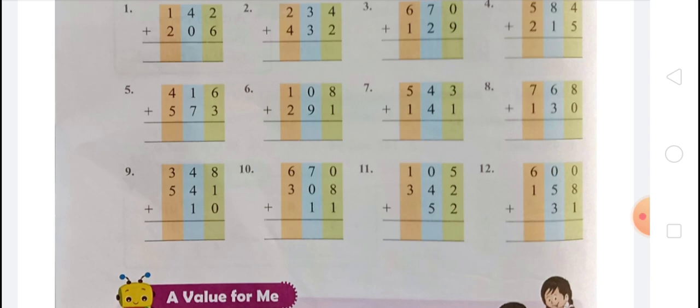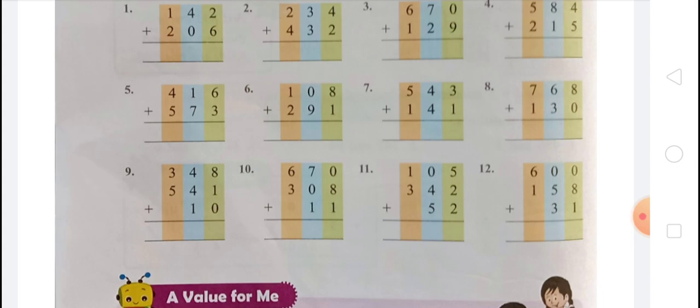And after that on tens place, there is 0, 7, 0 and 1. And we know that when we add 7 and 0, there will be 7. And after that when we add 1 to 7, there will be 8. So 7 tens plus 0 tens plus 1 ten equal 8 tens. And after that on 100 place, there are 6 and 3. So 6 plus 3 equal 9, and we can say that 600 plus 300 equal 900.